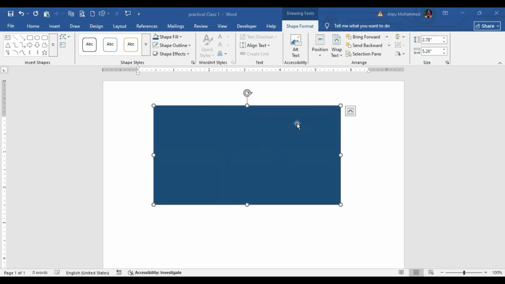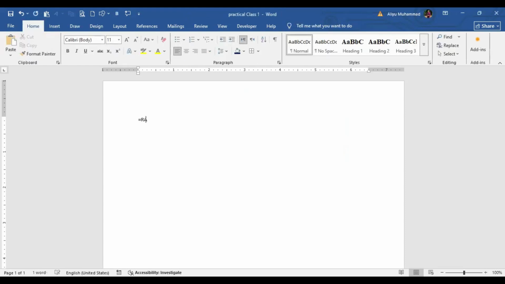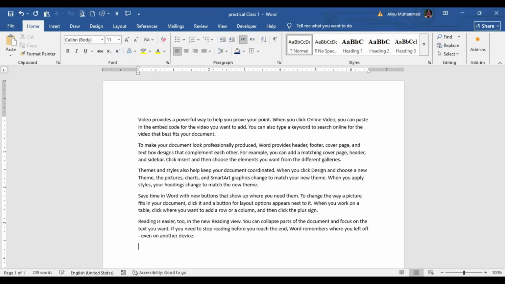Now let's take, for example, let me just generate a text. Now let's take, for example, now we insert